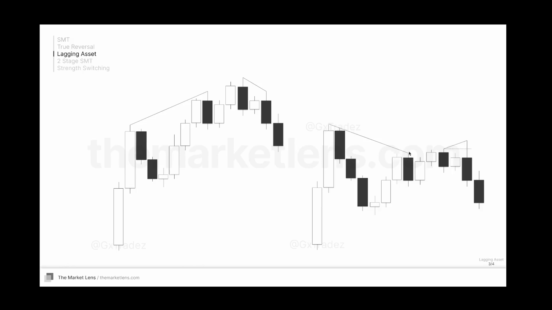We're only uncorrelated, or oh my god, the weaker asset is still holding its SMT, but it's a lot lower probability, right? So the only way you ever trust this type of SMT is if the strength switches, okay? So where the asset that puts in the lower low then shows some sort of switching of strength, where this asset can catch up or truly reverse. Now this is still not the ideal scenario for an SMT, but this is the only way I'll